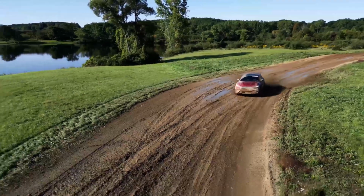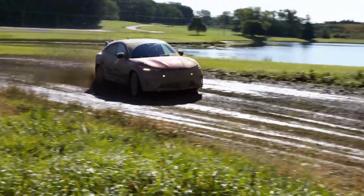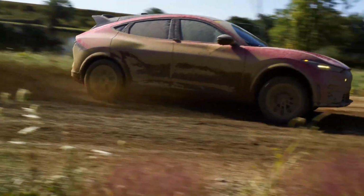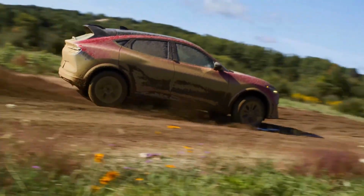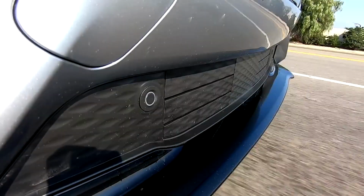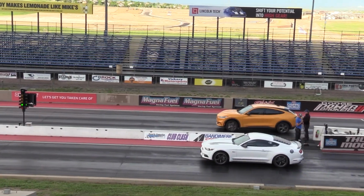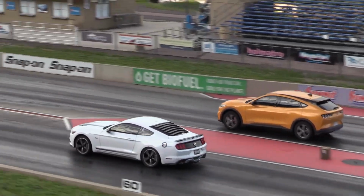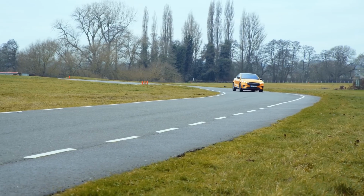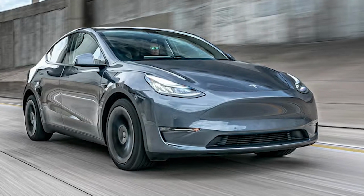Speaking of the character, performance, a Mustang through and through. One of the biggest complaints for the outgoing Mach-E was its performance. Simply put, people expected a vehicle that would put the Tesla Model Y to shame, and instead they got a car that could barely keep up with Elon's little crossover. Well, that's about to change for the 2025 model year. You see, up until now, the most powerful version of the Mustang Mach-E had a max power output of a respectable but still unimpressive 480 HP. As a result, the Mach-E could do 0 to 60 in 3.8 seconds, 0.3 seconds slower than the Tesla Model